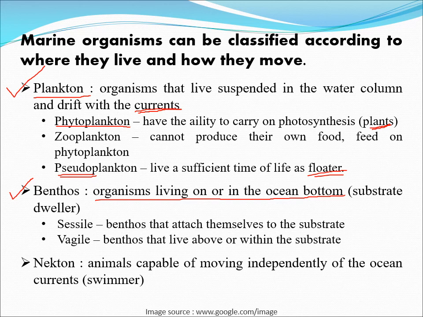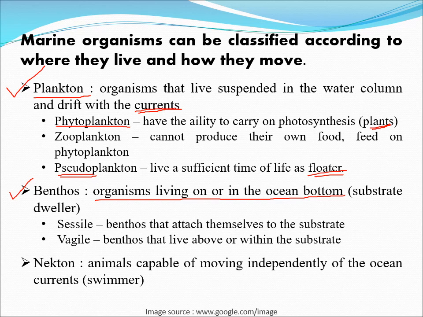So benthic organisms can be both epifauna or infauna. Infauna benthic are those that live inside the substrate. Epifauna benthic are those that live at the top of the surface but always in contact with the